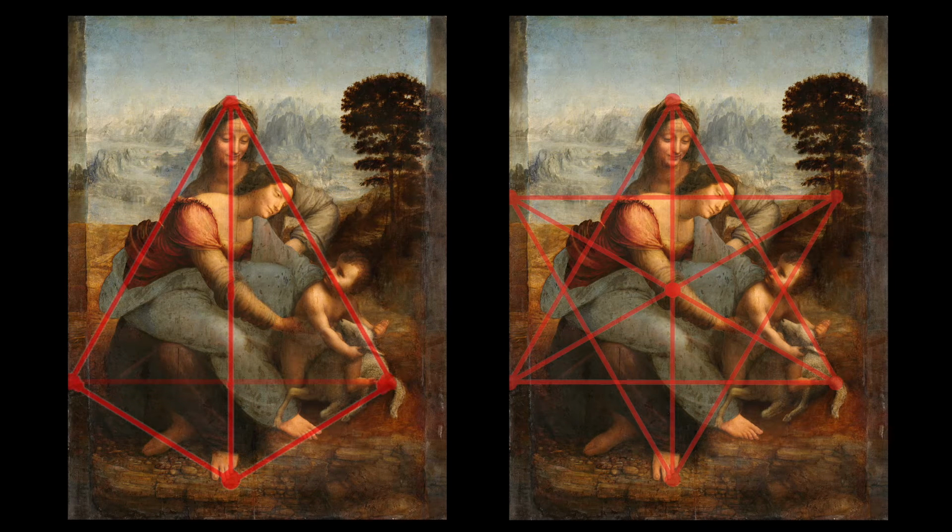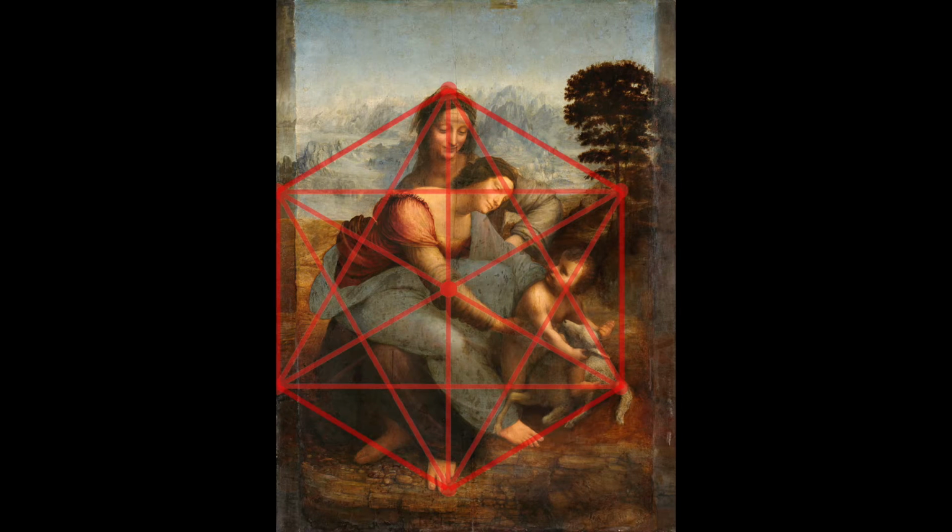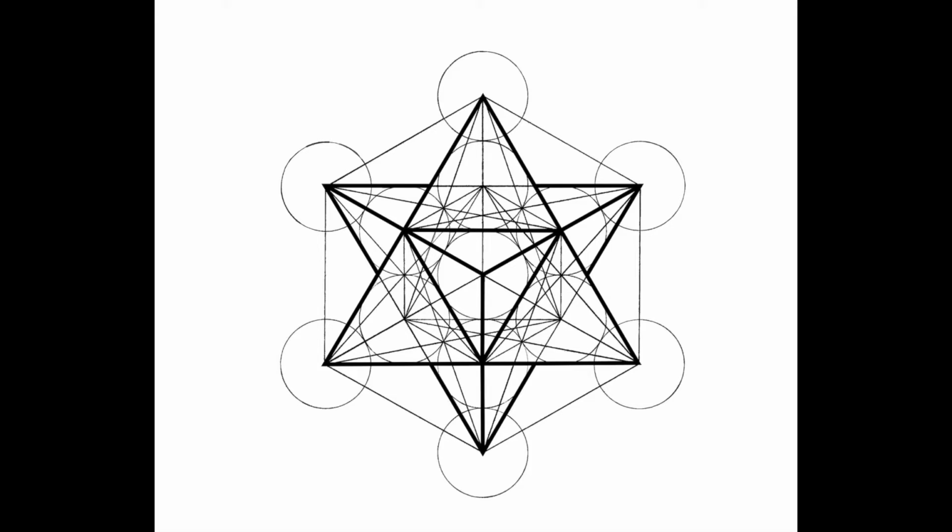As I compared my two diagrams of the tetrahedron and the star tetrahedron, I began to see another sacred form emerge as one is superimposed upon the other. This form is an icosahedron, and in its three-dimensional form, it is made of 20 equilateral triangles. The icosahedron is also called Metatron's cube, a sacred geometric form that contains all 5 of the Platonic solids: the